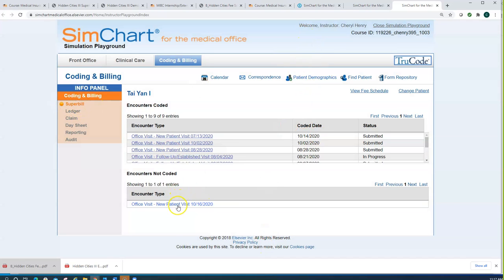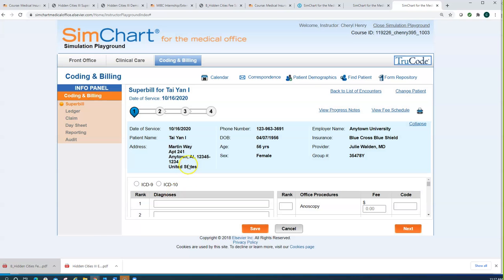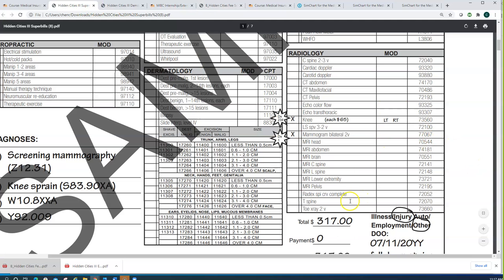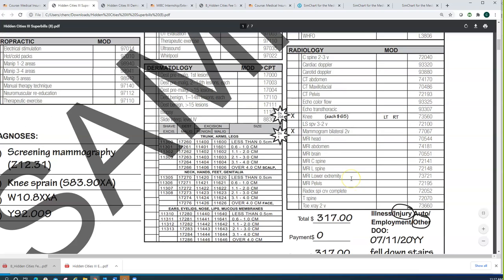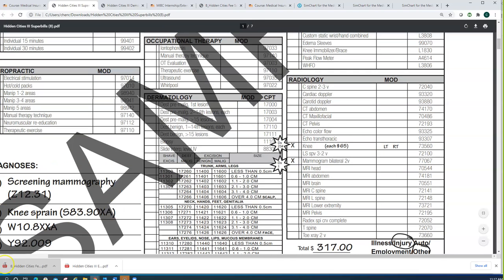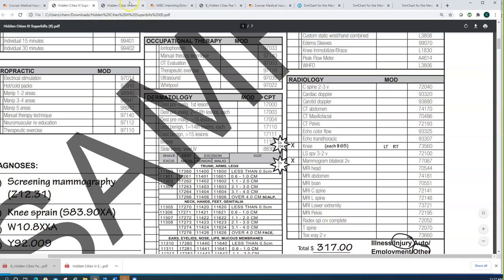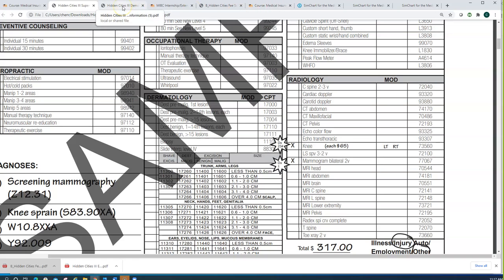At the stage in which we're making a super bill, in addition to putting in the diagnosis codes, this is one reason why I personally like having all of the documents that I'm using. So say Z1231. I'm not going to walk through the whole super bill because I don't want to take up your time,